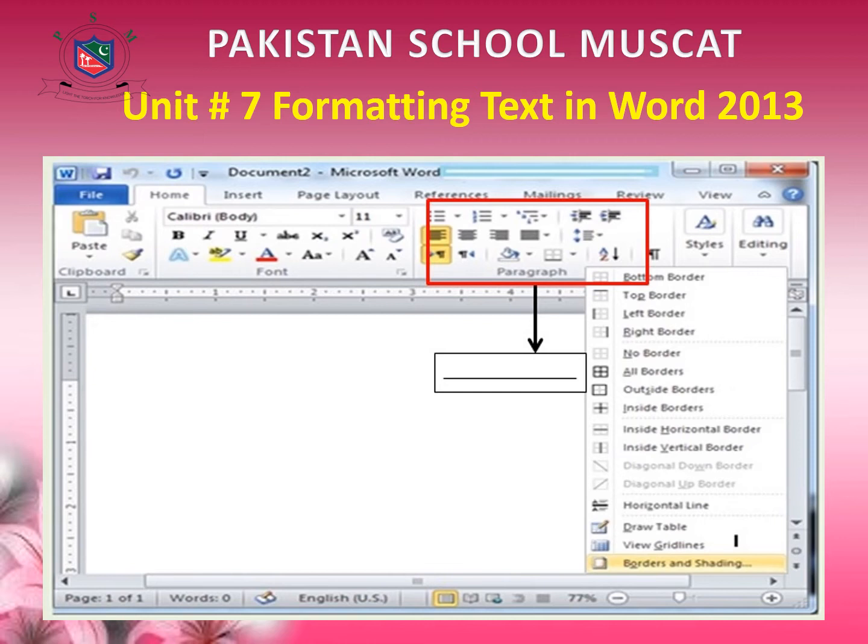You can see over here on this line, this portion is called the border. When you drop down, these options will come in front of you. Once you see them, there is an option of Borders and Shading. You apply the borders and shading using this option. Once you select that one, you can choose any kind of border, which can be black and white only or any colored one.